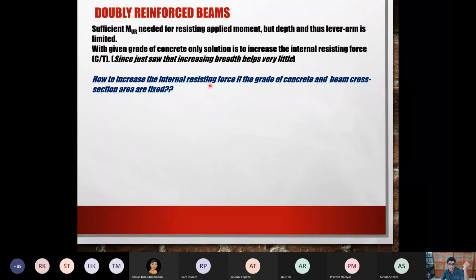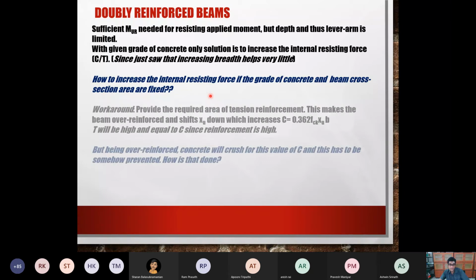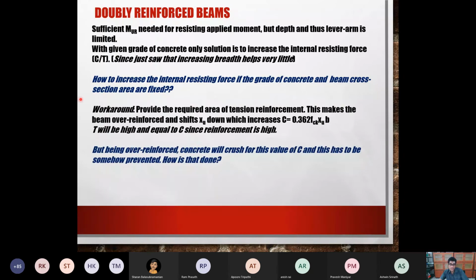So how to increase the internal resisting force if the grade of concrete and beam cross section area are fixed? Okay, so there's a workaround to this. Just calculate how much area of tension reinforcement, the bottom reinforcement, is required. It may make this beam over reinforced. Okay, but whatever it is,